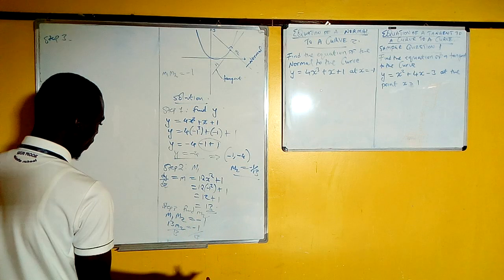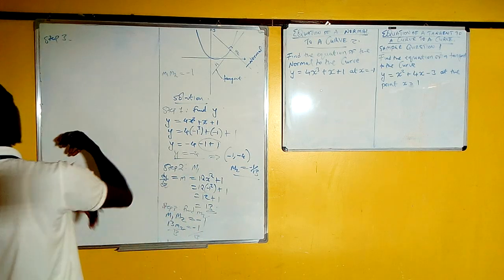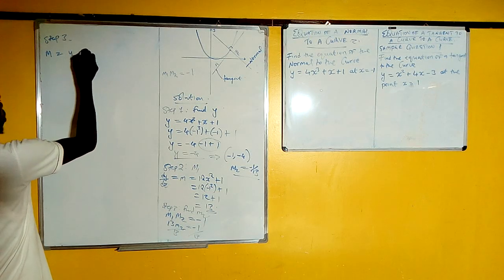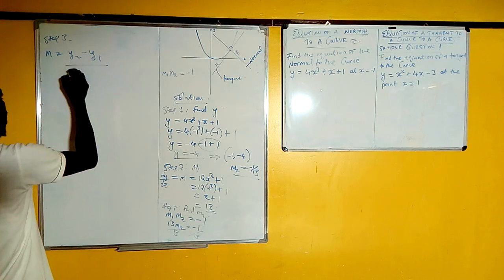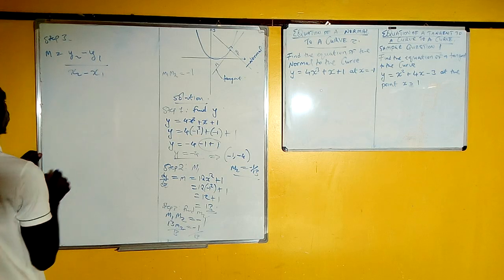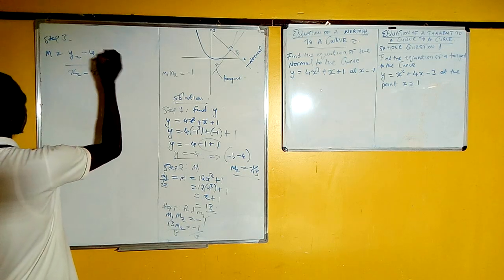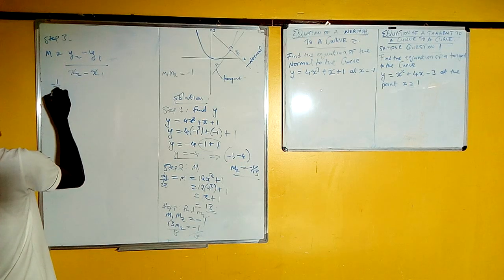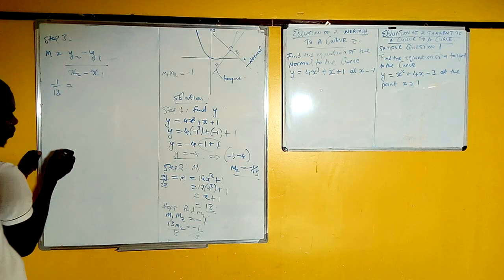So the next thing is to substitute into the equation like we did before. So the equation is m is equal to y2 minus y1 over x2 minus x1. So substituting into this one now, we have the gradient, which is -1 over 13 being equal to,